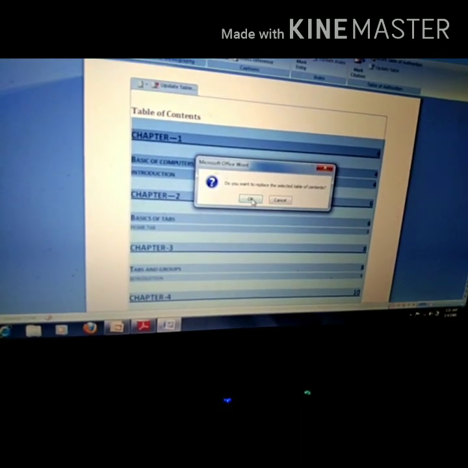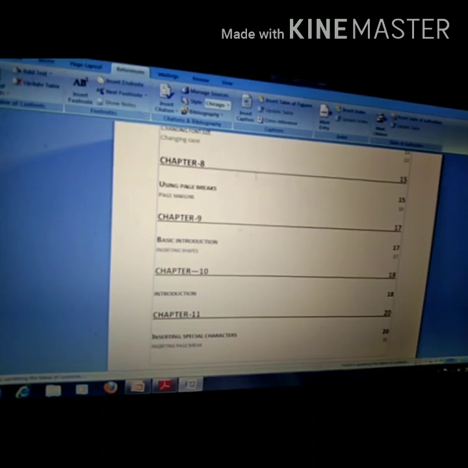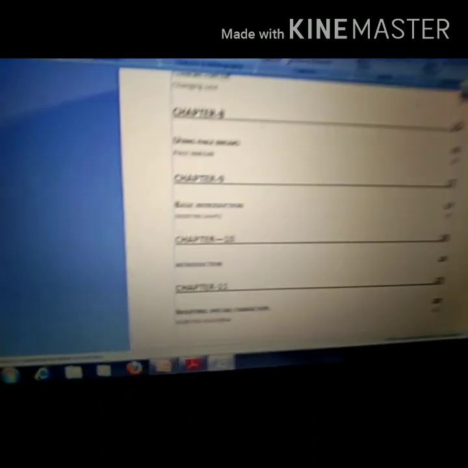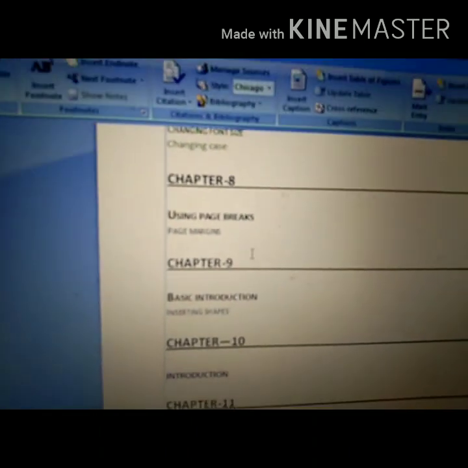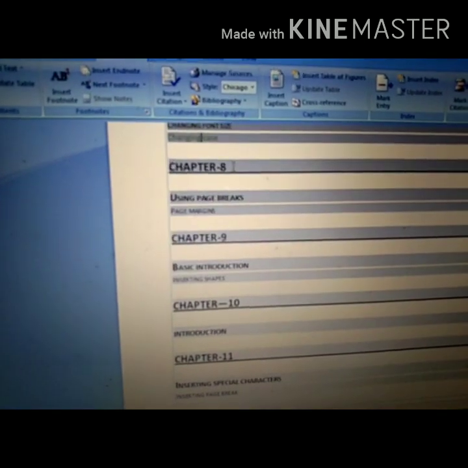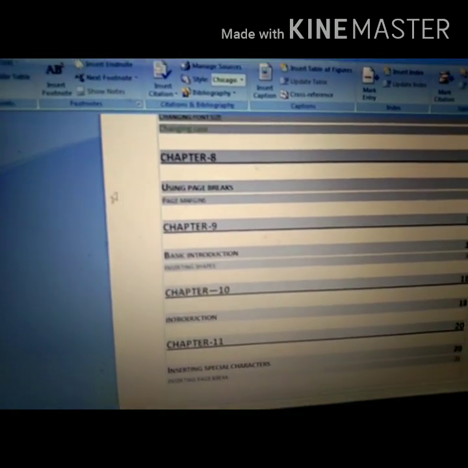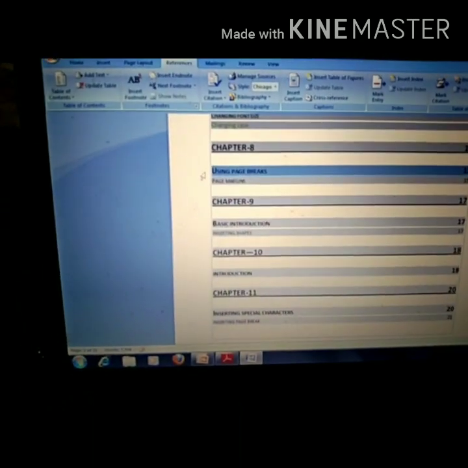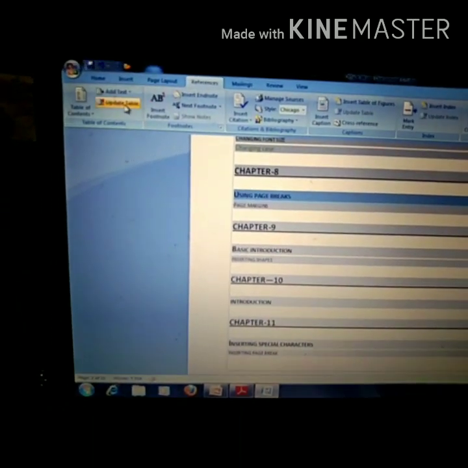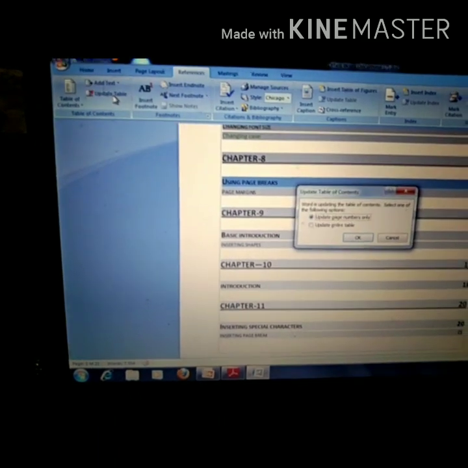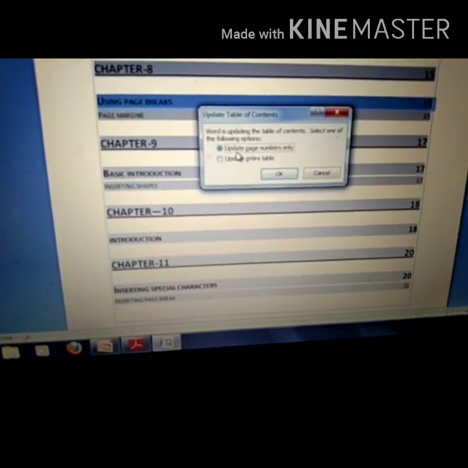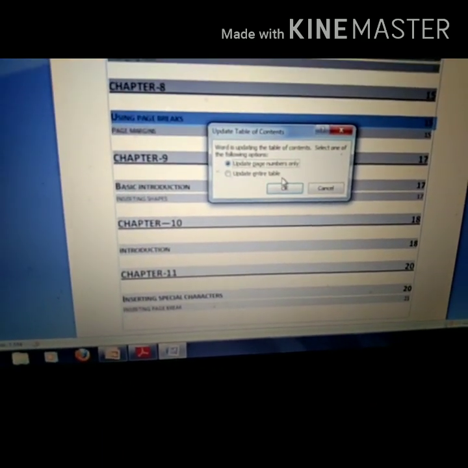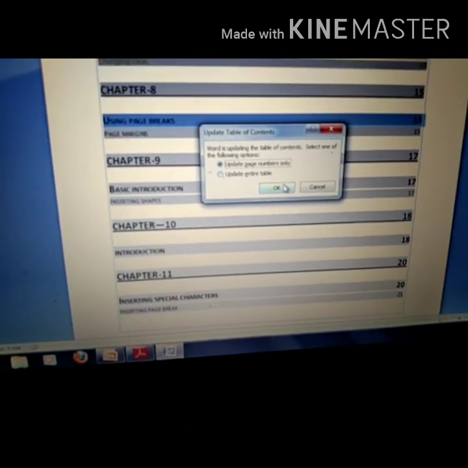Yes, in this table of content I am taking level 4 heading also. Here you will check the change case, this one is now green in color. Okay, so in this manner we can insert or customize the table of content. One update table option is there. When you click on this, two options appear, page number only or the entire table. From here you can do the updating.